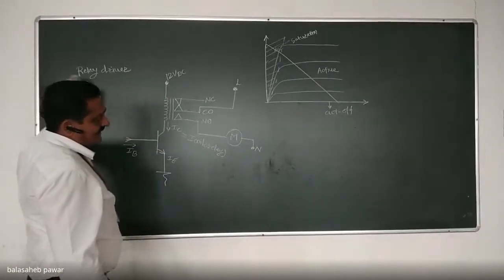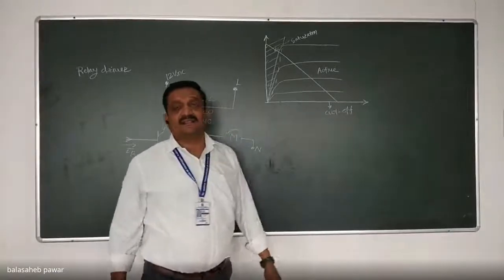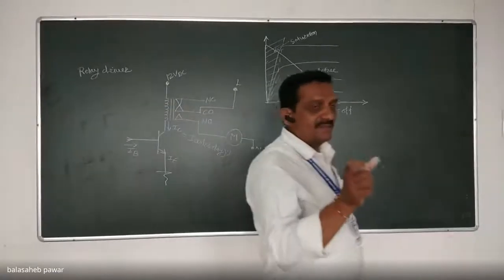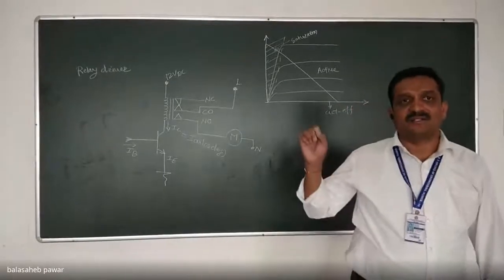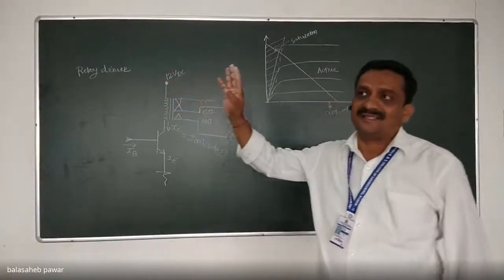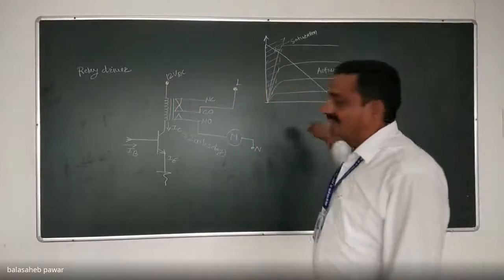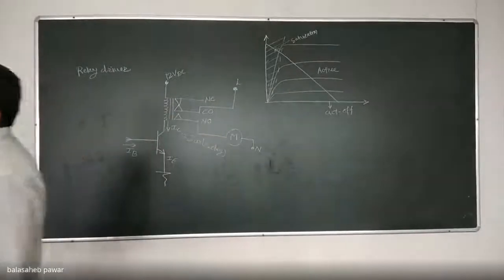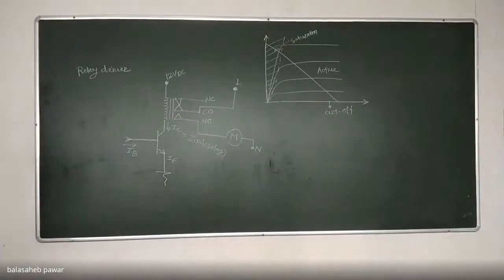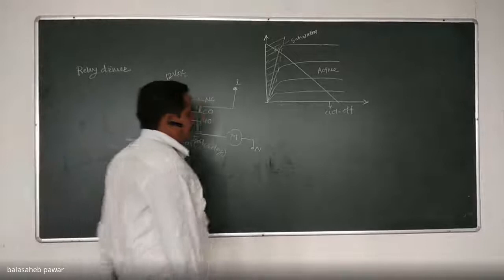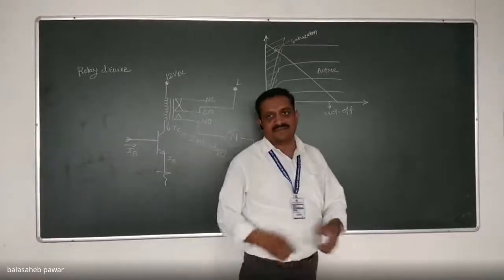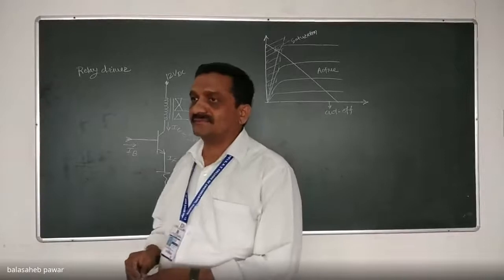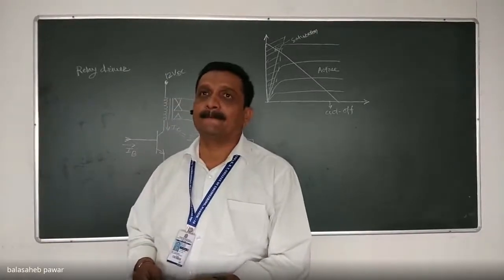We have to bias that transistor in such a way that it should either work into the active region, that is as an amplifier, or it should work into the saturation region, that is as an on switch, or it should work in the cutoff region, that is nothing but as an off switch, right? So that is the significance. By this DC load line, we can say that transistor is working either as an amplifier or as an on switch or as an open switch, correct? Is it okay? Yes, sir.